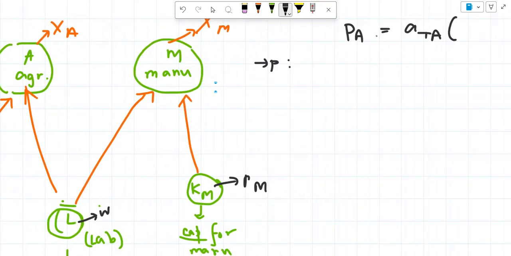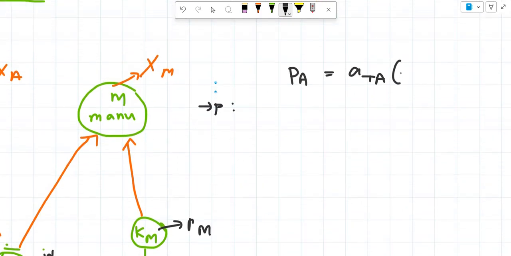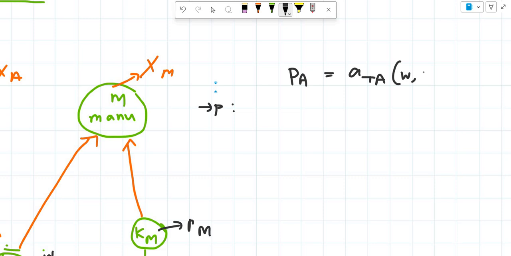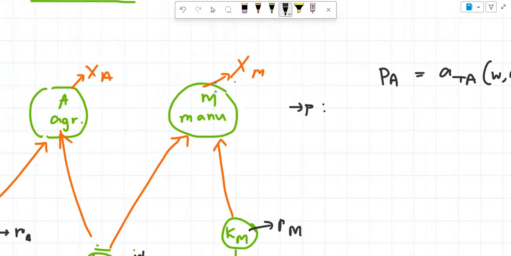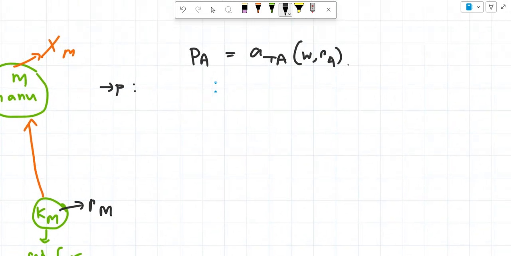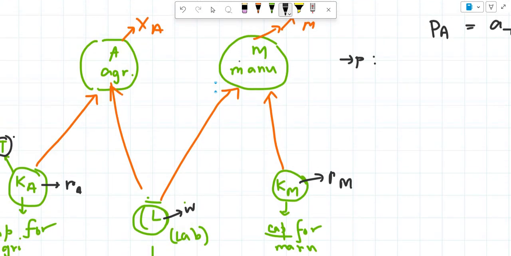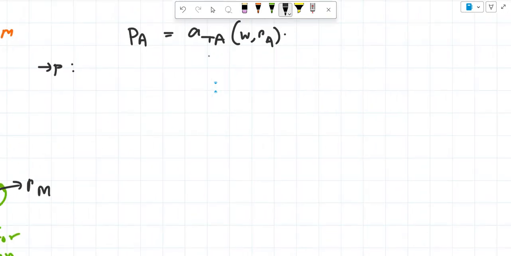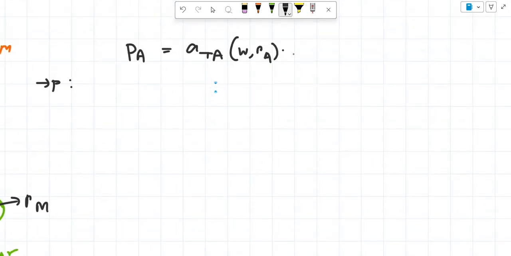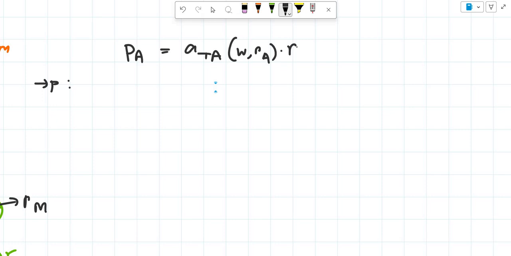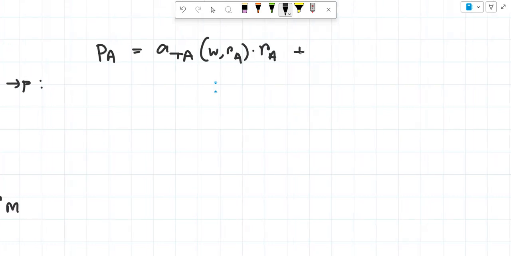So you have ATA, W, and RA, which is the rent of land and the wage, right? What is this multiplied by? So you're using land, so you have to multiply that with the factor income for land, which is RA,